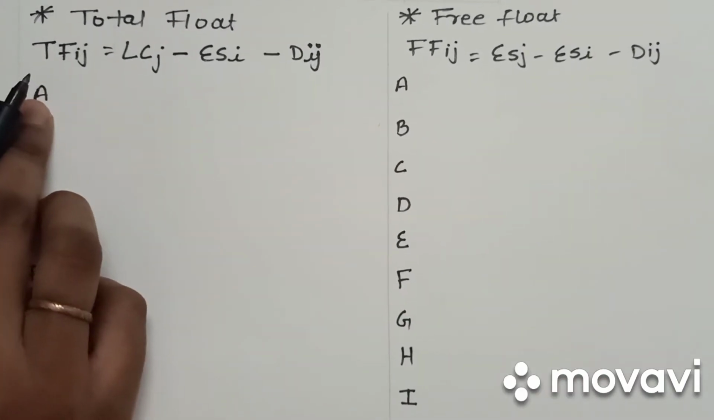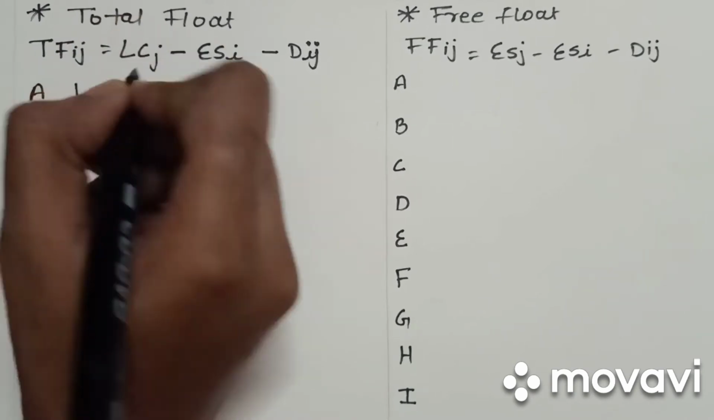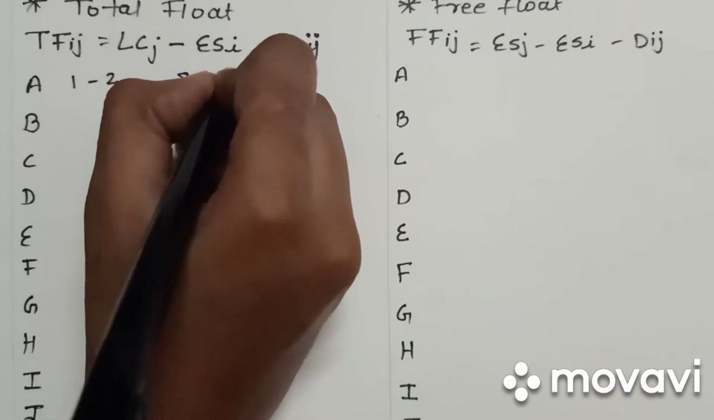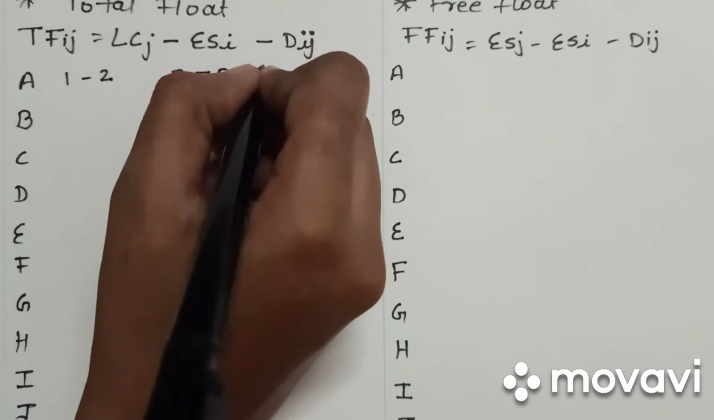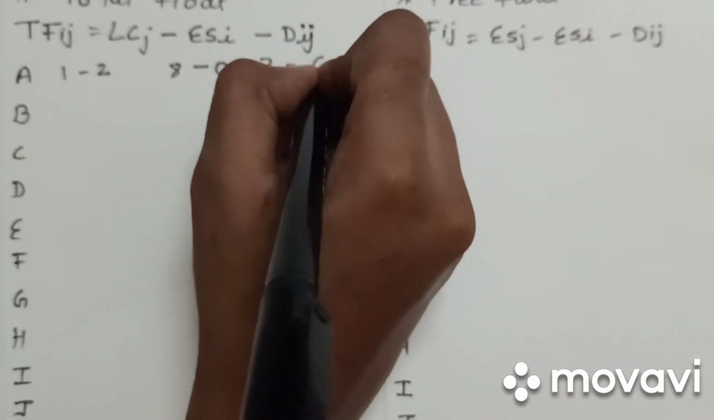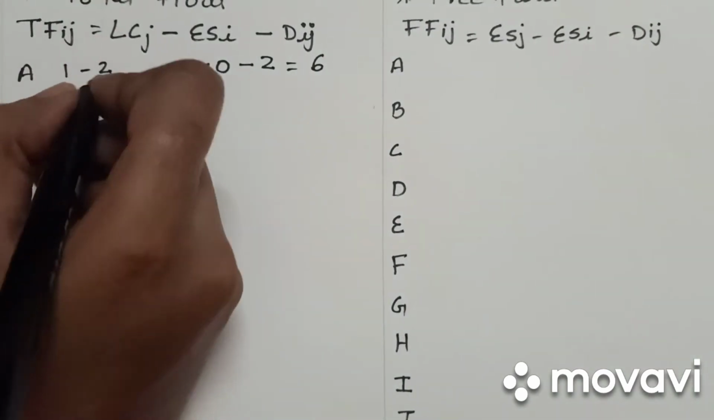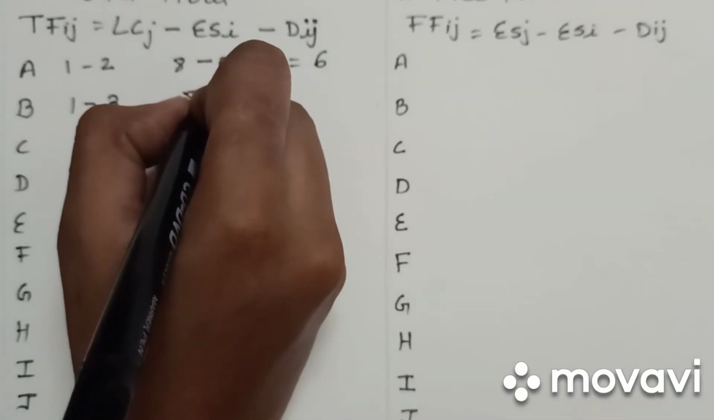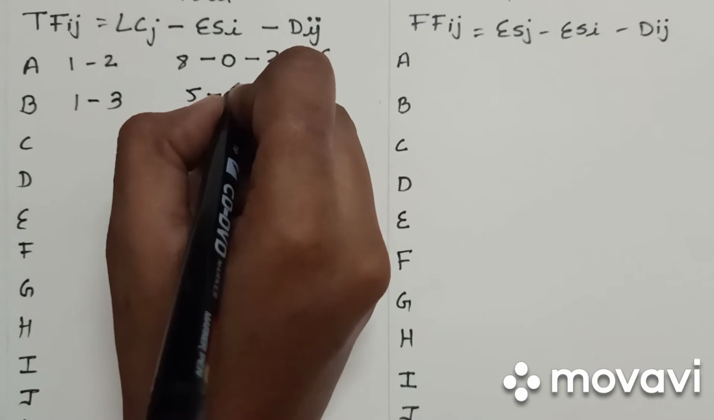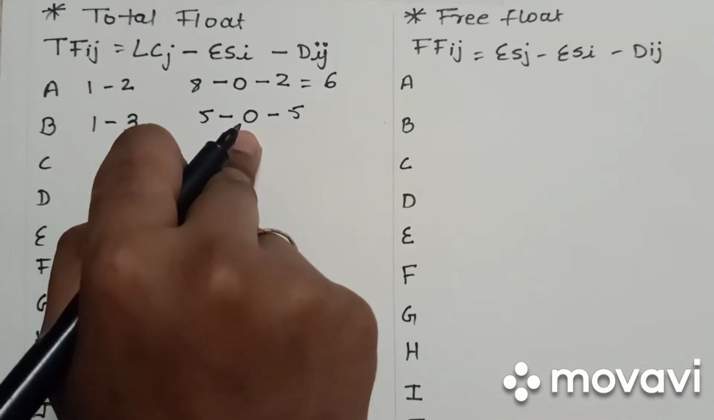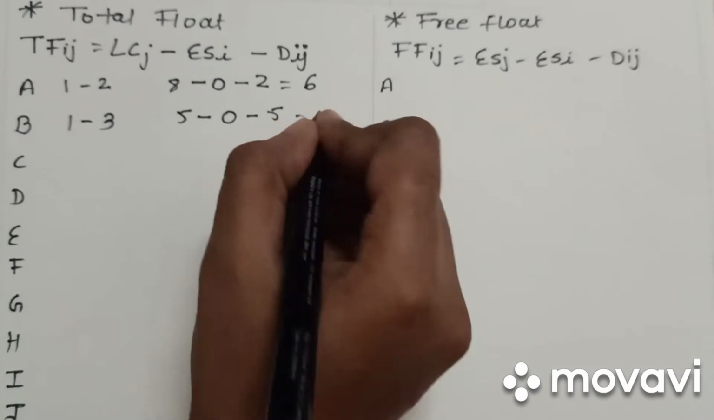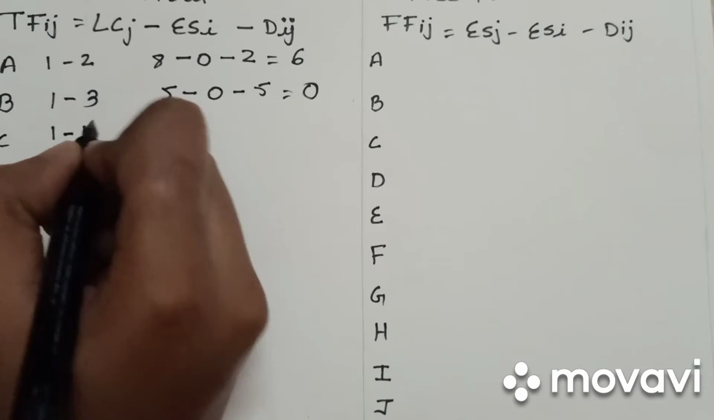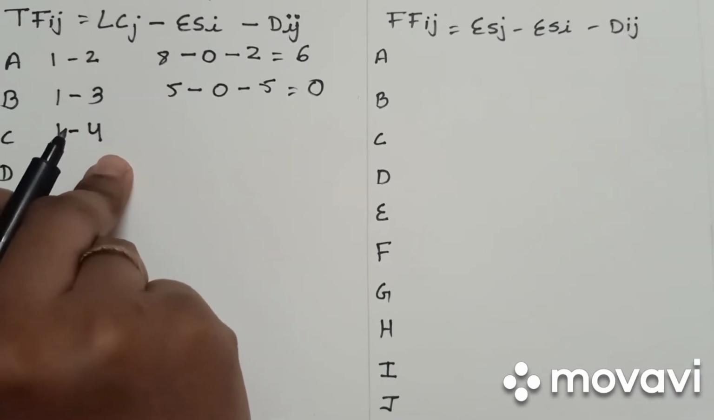So for A activity, the nodes are 1 to 2, and the latest completion time is 4, duration is 2, and earliest starting time is 0. So 6 is the answer. For B, the node is from 1 to 3, latest completion time is 5, earliest starting time is 0, and duration is 5, and the answer is 0. For C, 1 to 4, this is the node, starting node is 1 and ending node is 4. So